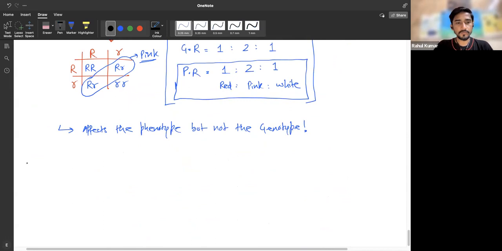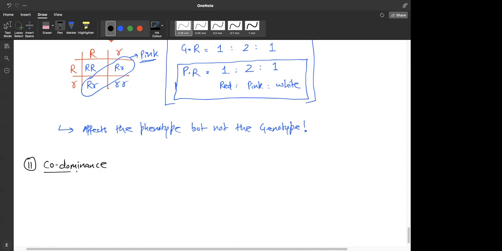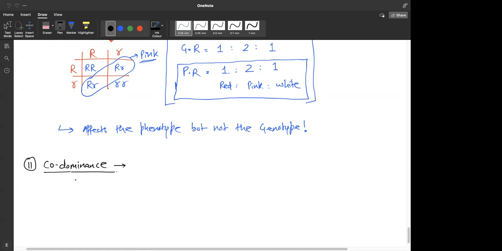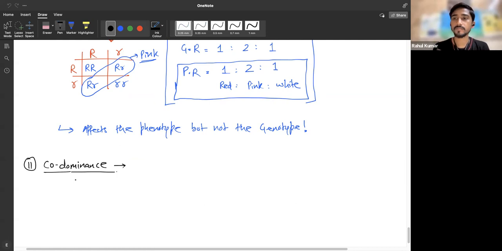There is another exception to the law of dominance, which Fatima used very early in this class, known as codominance, right, Fatima? Yes, sir. What do we mean by the word co: co-education, cooperation, anything which is co? Doing something collectively, together. Co-education means co-ed schools where both genders study together. Cooperation is any operation done in collaboration, which means both parties are holding weightage. So codominance is also an exception to the law of dominance, because in a heterozygous condition, both the alleles are